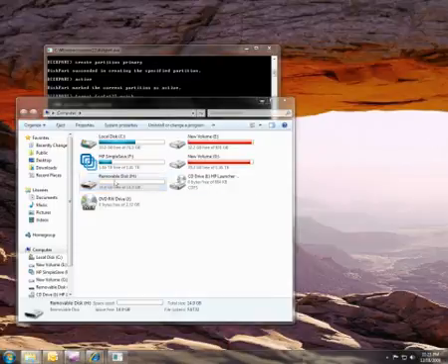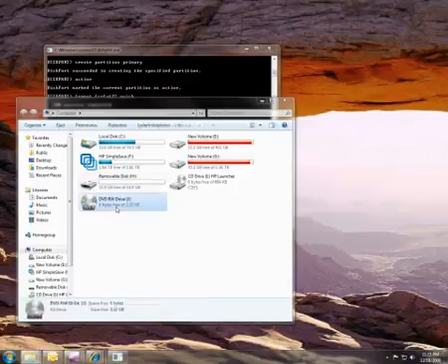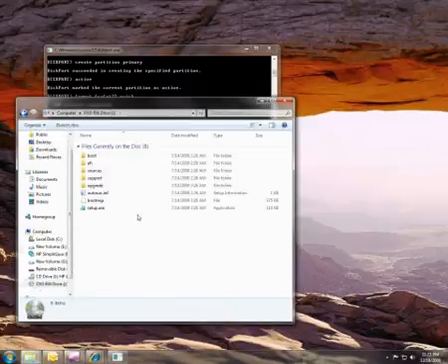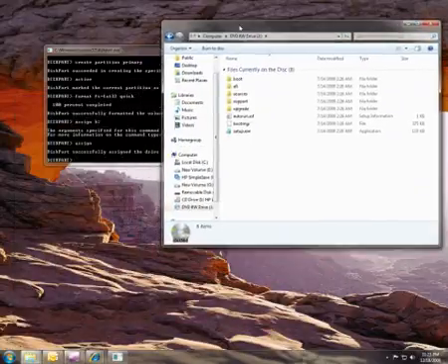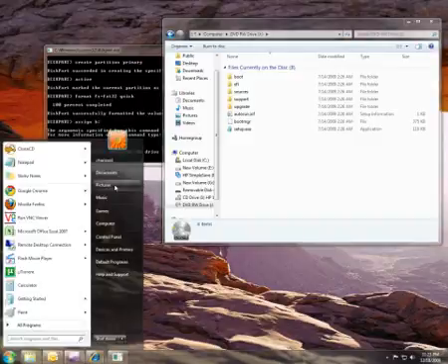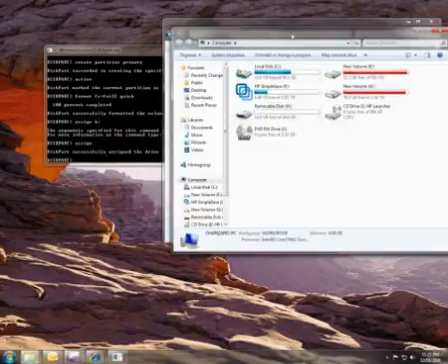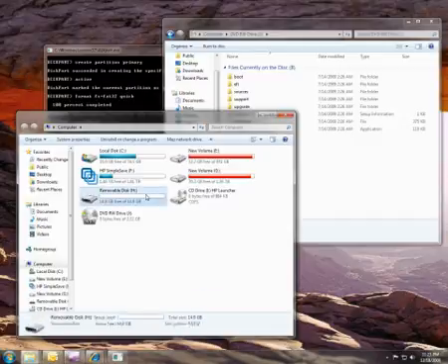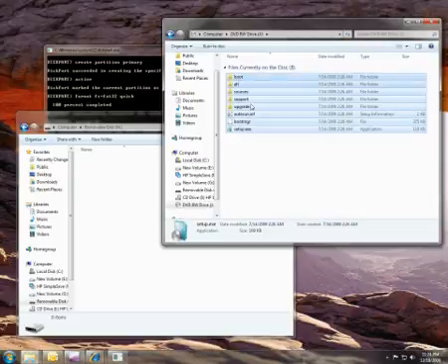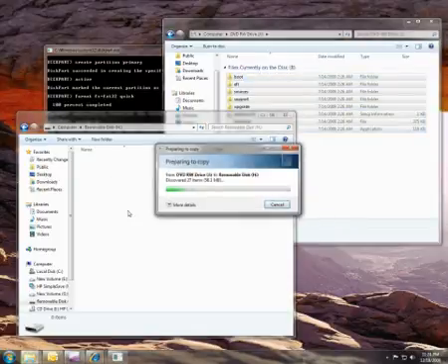Right in here, I have inserted the Windows 7 Professional DVD, and I'm going to open this. All these files are the Windows files that setup uses to install Windows 7, and we want to just copy them over to our newly formatted USB drive, which is the H drive here. All we need to do from this point on is a simple drag and drop. It's preparing a copy now. It's going to take a couple of minutes, but after that's done,